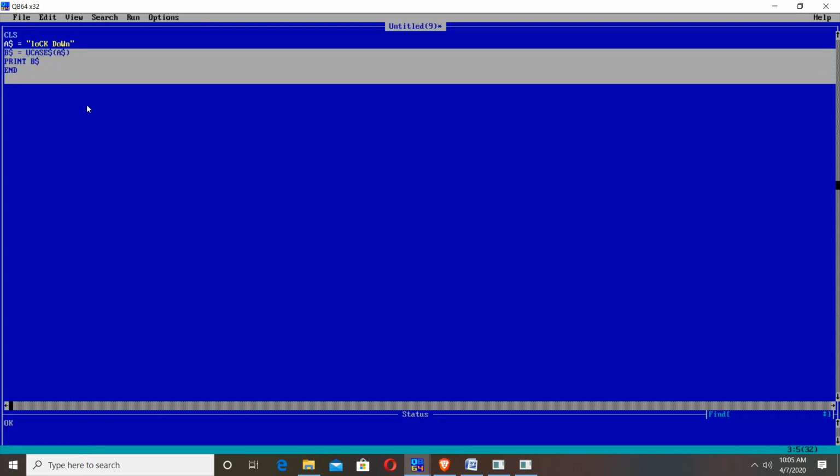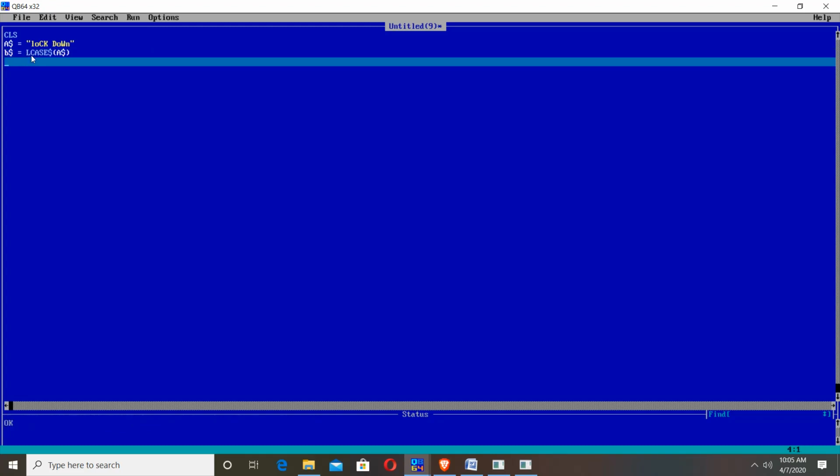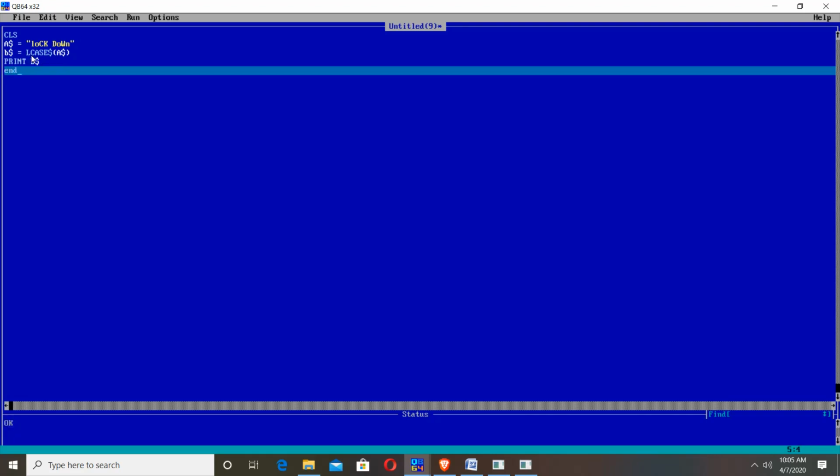Okay, so if you use LCase$ over here, suppose B$ is equal to LCase$(A$). Now if you print B$ and if you end the program, now